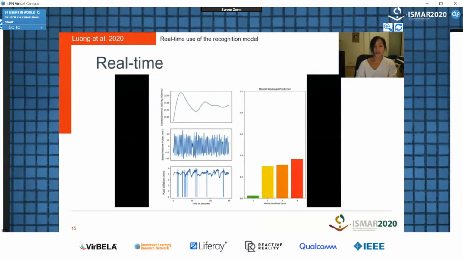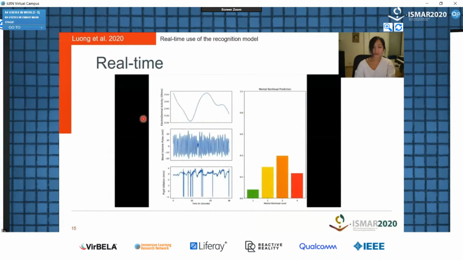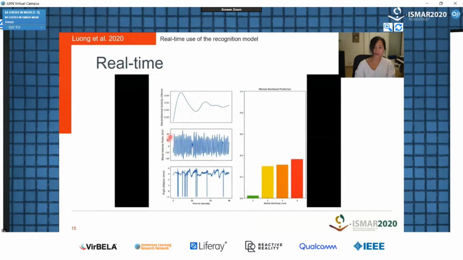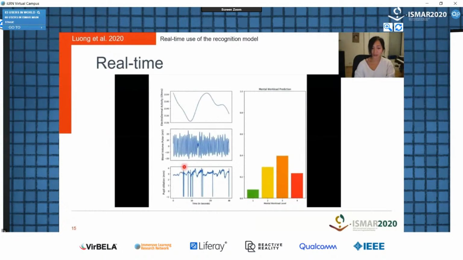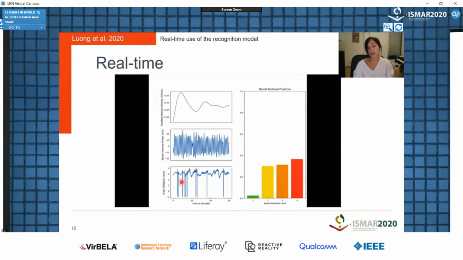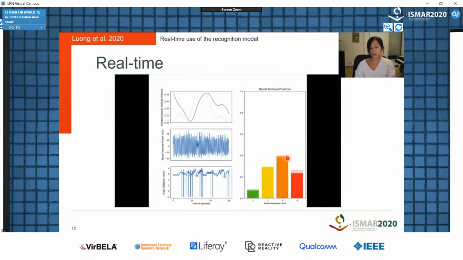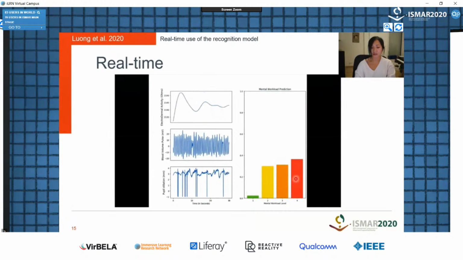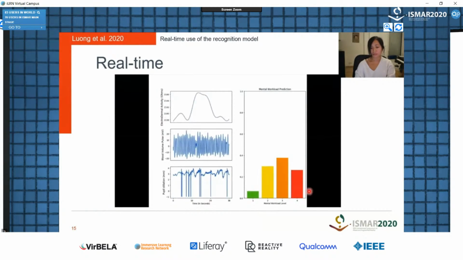window. So here you can see the interface for the real-time recognition we proposed. On the top, you can see the electrodermal activity in real time. You can see the cardiac activity using the PPG sensor, which is also assessed in real time. And you can see the pupil dilatation using the Viper II tracker. On the right, you can see the mental workload predictions, which are updated every 1 second. You can see the 4 mental workload classes we decided to predict, and the mental workload recognition accuracy for each of these 4 classes.